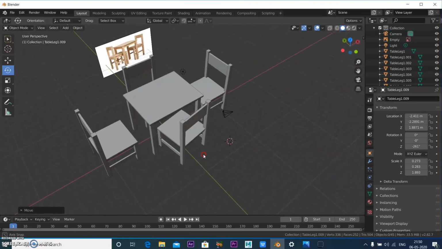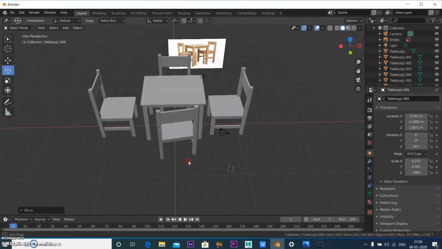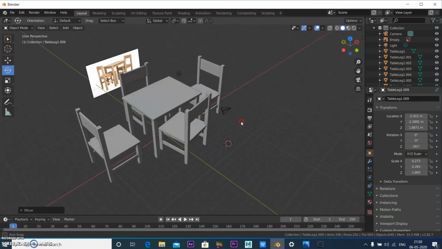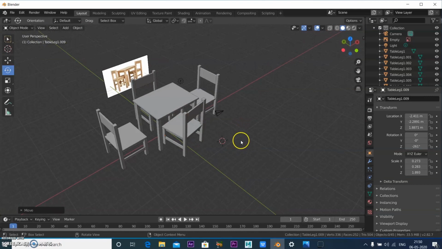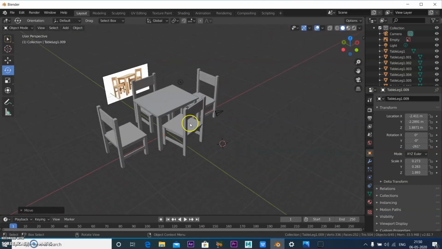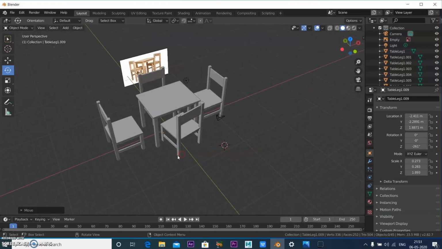Okay, so keep watching. In the next class, next session, we will be working on the editing tools over here. We'll work on more detailed models. To start with, you can start working with these primitive objects and try different shapes. I hope you come up with better models. Okay, so see you.